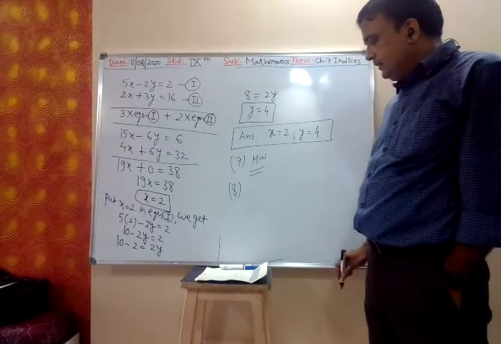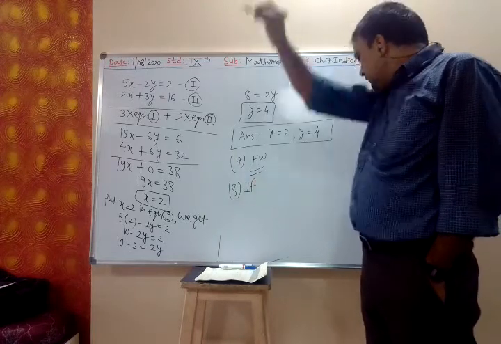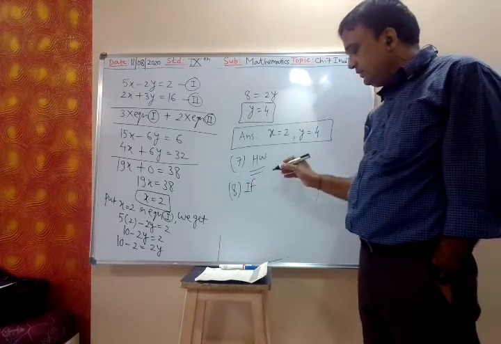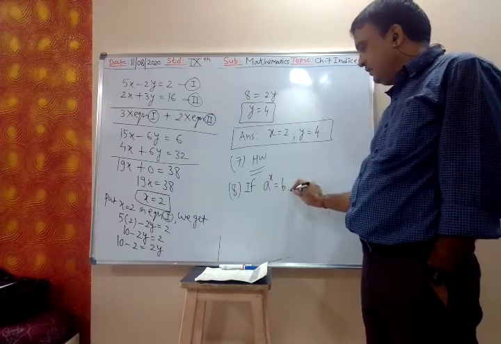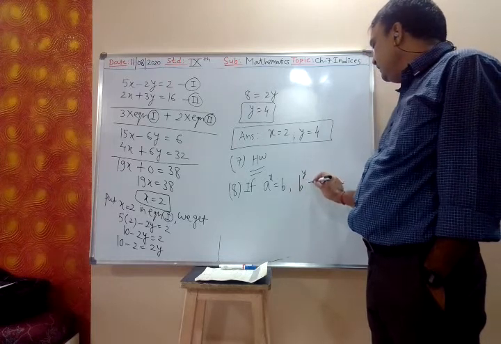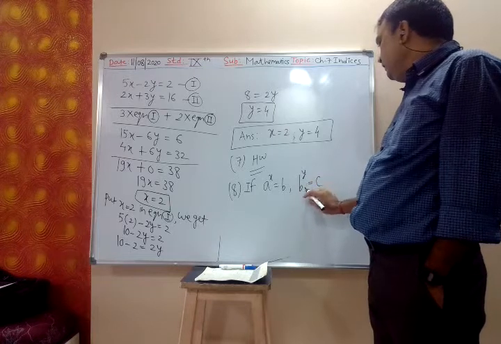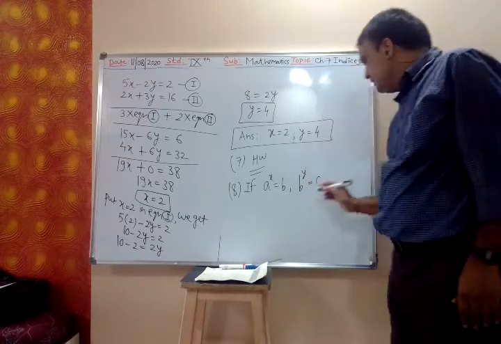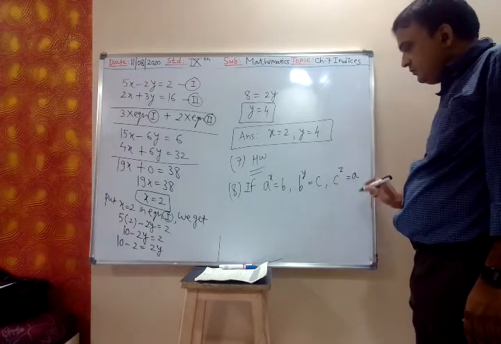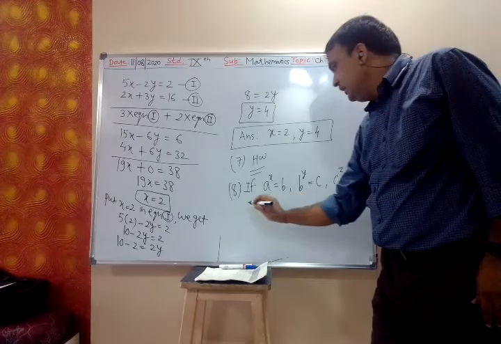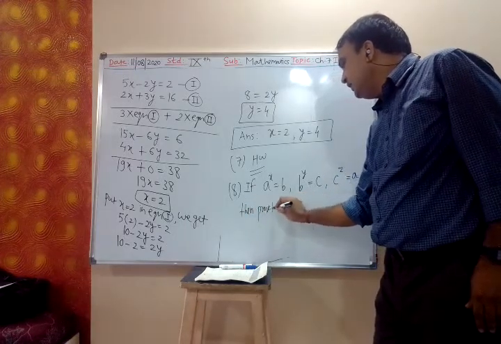The 8th one, let me solve, because I have to cover different types of problems. The 7th one we have done earlier. The 8th one: if a raised to x is b, b raised to y is c, c raised to z is a, then prove that, this is important, then prove that